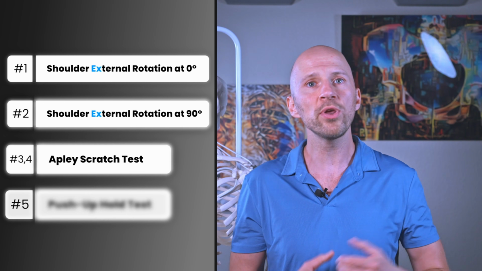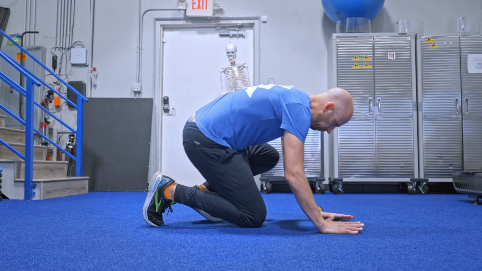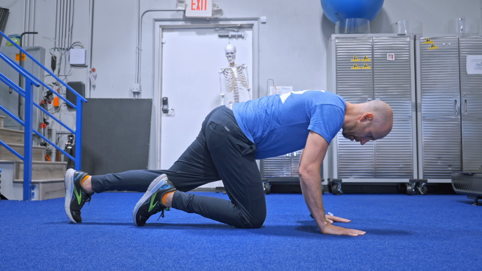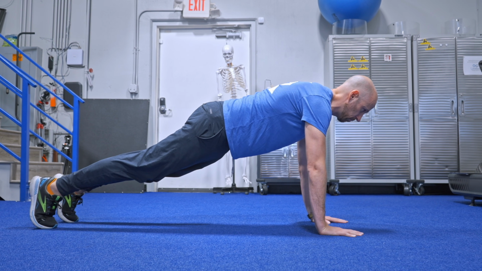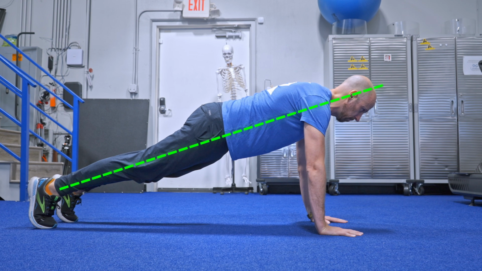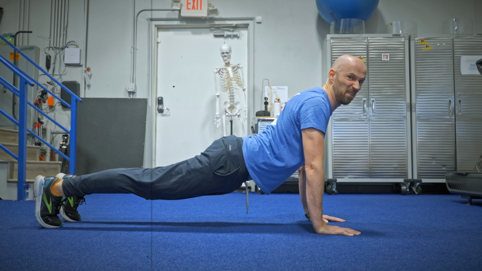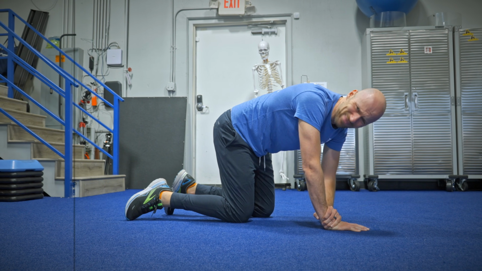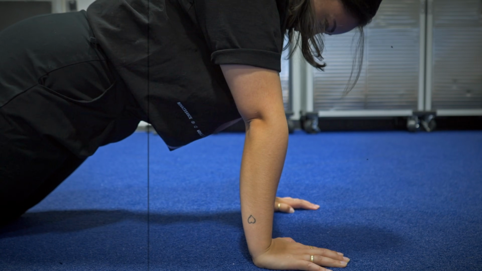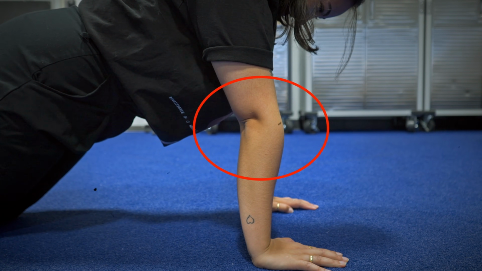We're gonna look at how these rotations work in a closed chain or weight-bearing position. We'll use a push-up hold for this. Get in your best push-up position, making sure you're weight-bearing through the base of the wrist. Exhale and push yourself away from the ground. If your body is in roughly a straight line, you're good on that test. If you tend to arch when you get in that position, crunch, or you experience wrist discomfort, you're limited in that test. You can also consider it a limitation if you have elbow hyperextension, meaning your elbows extend well beyond